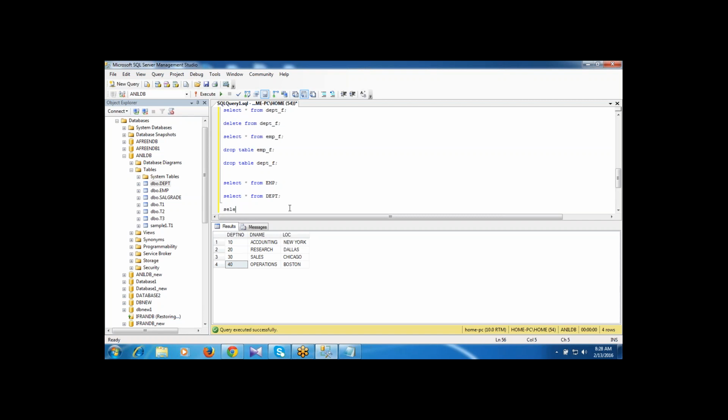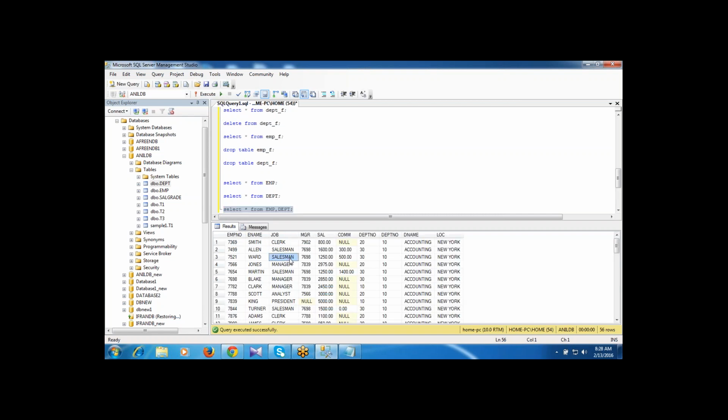So according to my words, here I am writing select star from EMP comma DEPT. Here I am getting the information from the EMP table and DEPT table. When I am writing the select statement on the EMP table and DEPT table, each and every row of the DEPT table is joined to all rows of the EMP table.